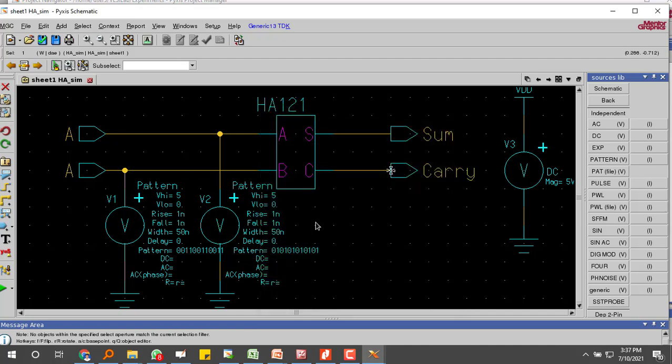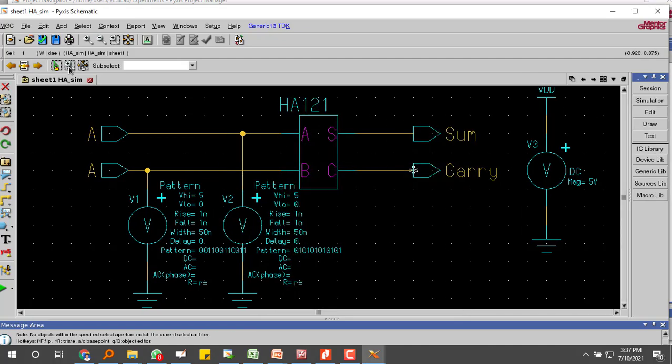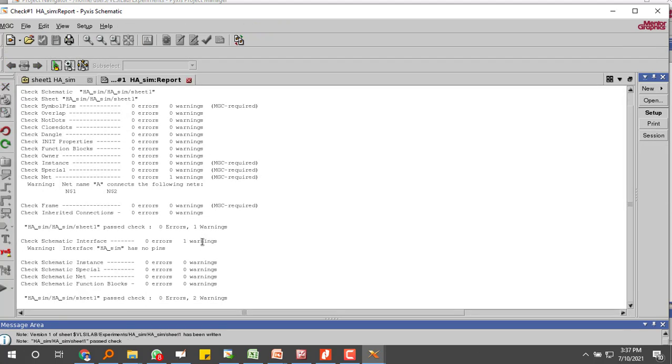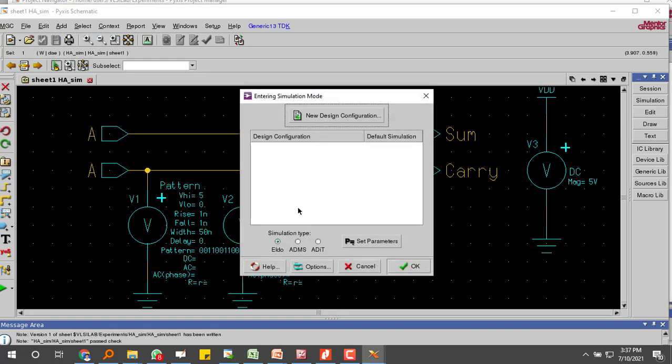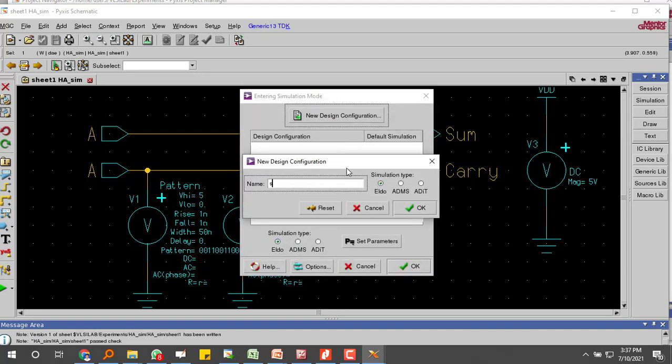Once these all are given, save it, check whether there are errors or not. Okay, no errors, only warnings. You start the simulation.